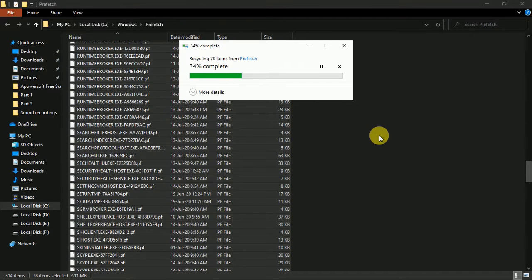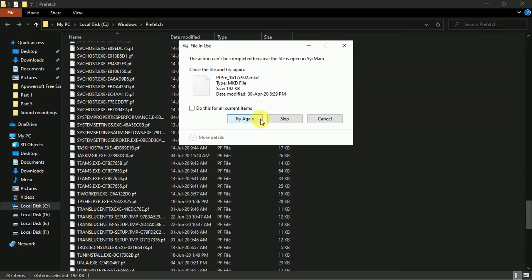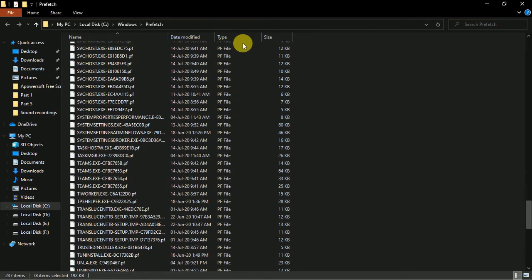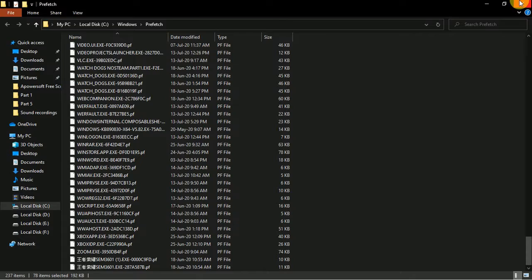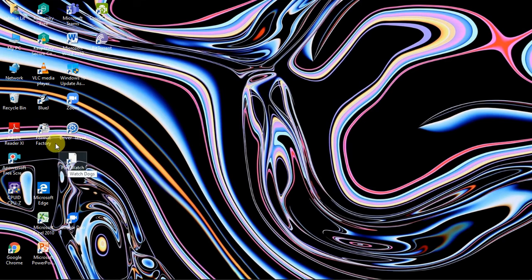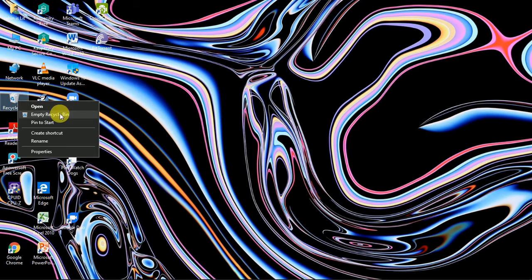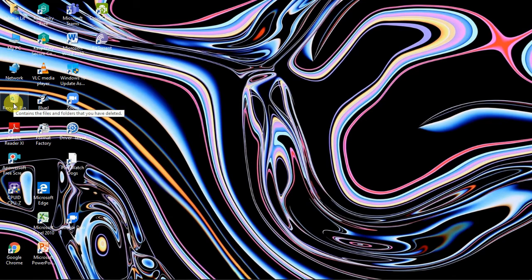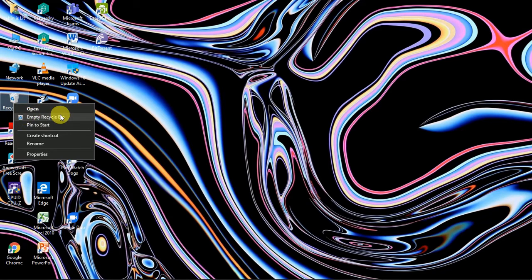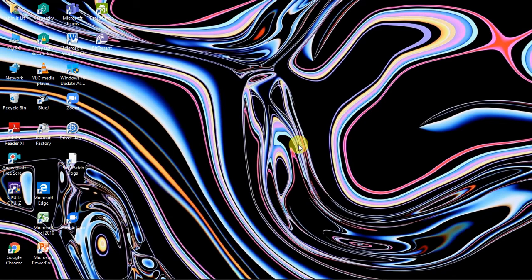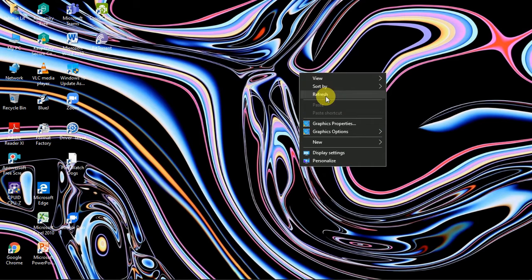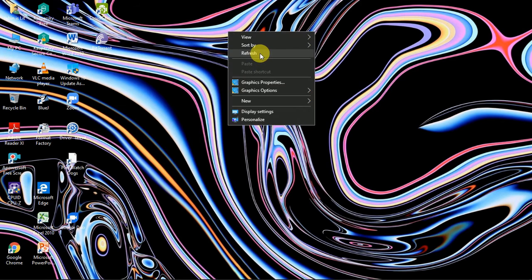Delete. Okay guys, so you can see after deleting it will just head to your recycle bin, and here you'll see an option to open the recycle bin. You can select the files which you need to remove from the recycle bin. I always try to make sure the recycle bin is always empty, so that your PC runs smoothly, because you know the